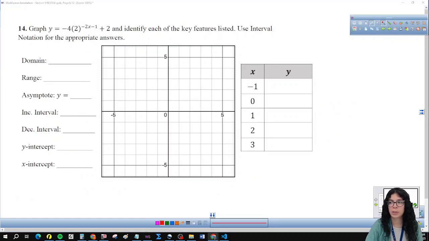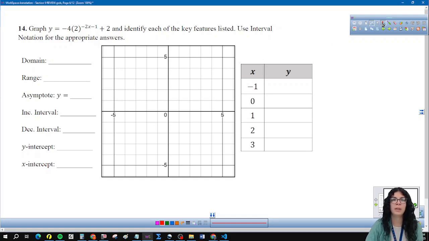All right, next up, number 14. On number 14, we're asked to find all of the key features, and we are also asked to graph, and they're asking us to use interval notation. Okay, so looking at the graph,